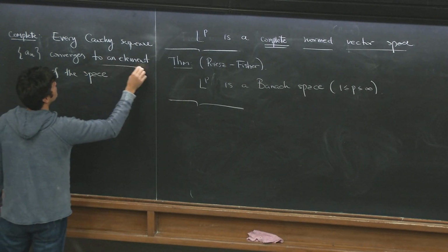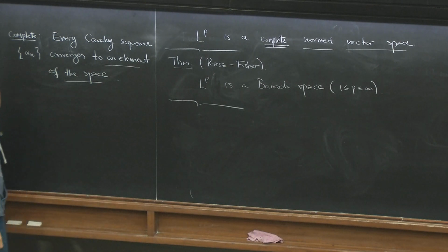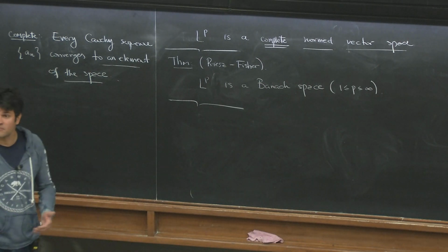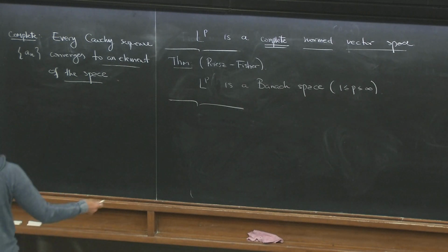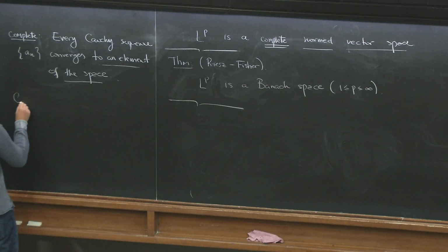That's the catch. It has to converge to an element of the space. Then I say that my space is complete when every Cauchy sequence converges to an element of the space. But professor, what is a Cauchy sequence? I've never seen this. Well, a Cauchy sequence,